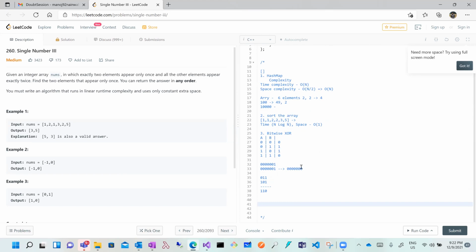So one thing is sure: if we traverse this array and take the XOR of every element, we will end up with only the XOR of the two different inputs which appear only once. That is one thing.